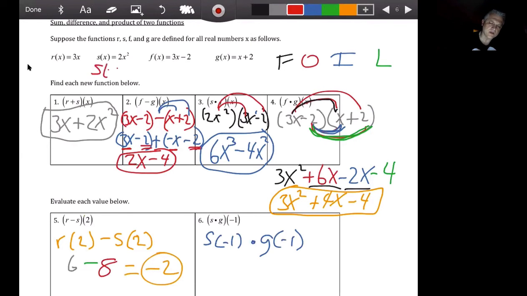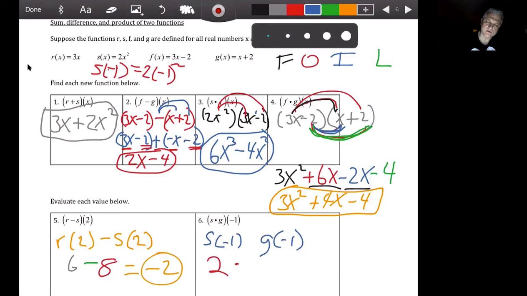S of negative 1: instead of 2 times x squared, it's 2 times negative 1 squared. Well, negative 1 times negative 1 is 1. So 1 times 2 gives you 2. Remember, we're multiplying. So times